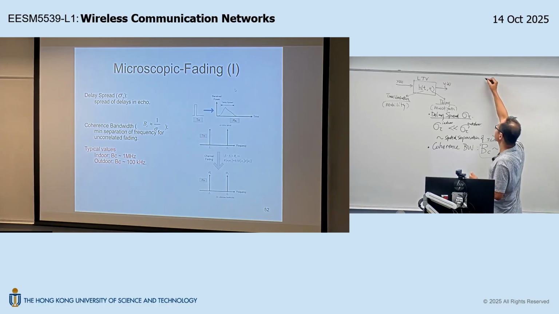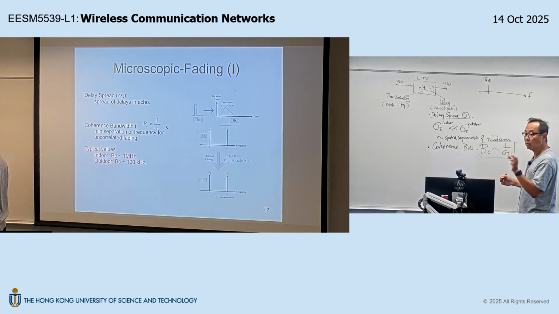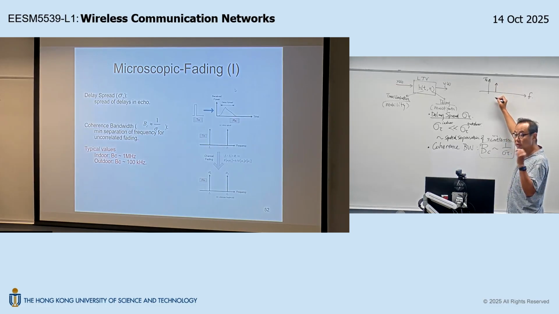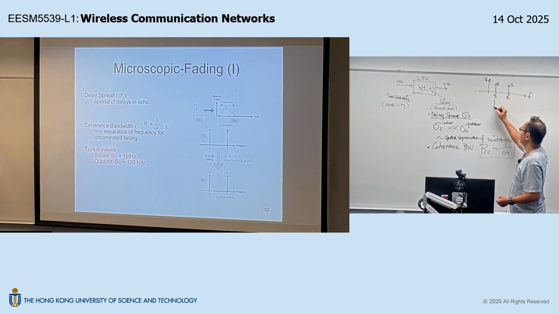We imagine at the transmitter, in this case, it is the frequency axis. We transmit two pulses, two impulses in frequency. That means we transmit two single-tone signals. One has frequency F1, one has frequency F2. Let's say they have unit amplitude. Okay? Now the first transmission at F1 at the receiver,